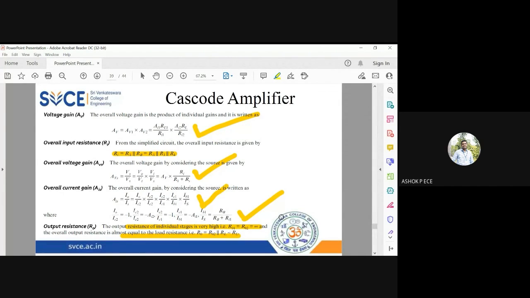This cascode amplifier is one special amplifier where you have cascading of a common emitter in the first stage followed by a common base. Don't get confused. In the Darlington pair, you have both stages in common collector configuration. In a normal cascaded amplifier, you have two common emitters. So we have seen different varieties of cascading of